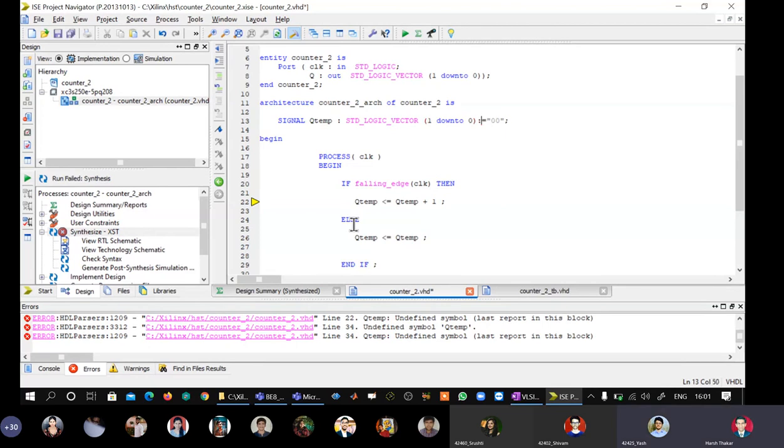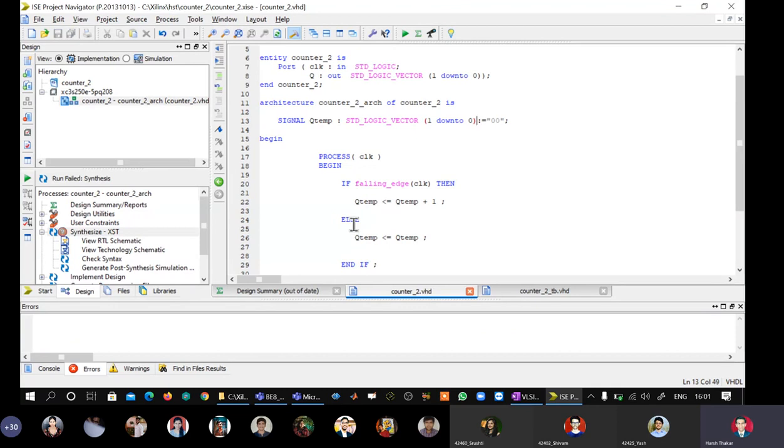Sorry, not semicolon. It's colon equal to. Yeah, so I had made a syntax error. The initialization is colon equal to. This will solve the problem. So there are some silly mistakes which a person makes, but then the tool will catch it very easily. No problem. We'll get it.